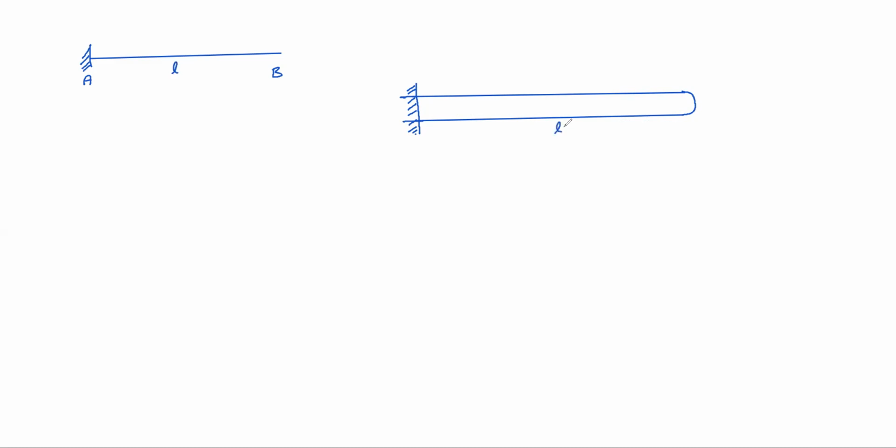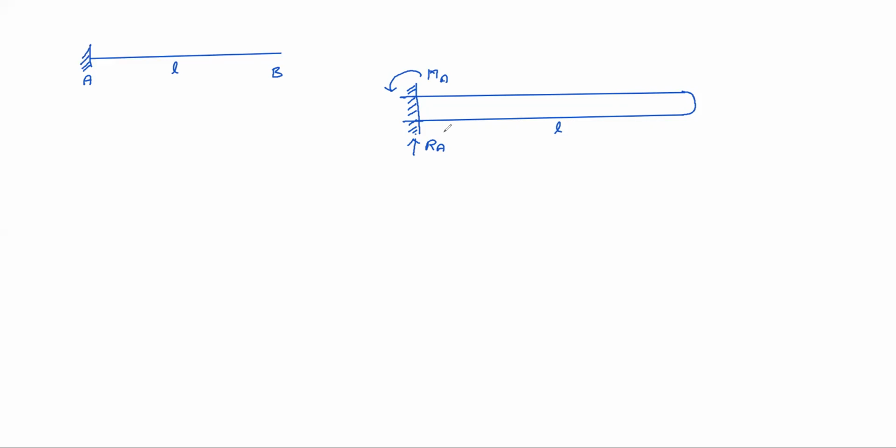For this, we need to release the vertical constraint. See, fixed is different. Here two kinds of constraints are there. One is MA and another is RA. Why are we getting RA? Because we are restricting vertical direction displacement. Why is it getting MA also? The rotational displacement, that means theta, it is not allowing any rotation, angle, slope. That's why it is getting MA.